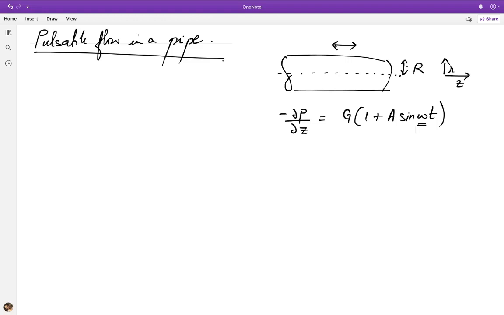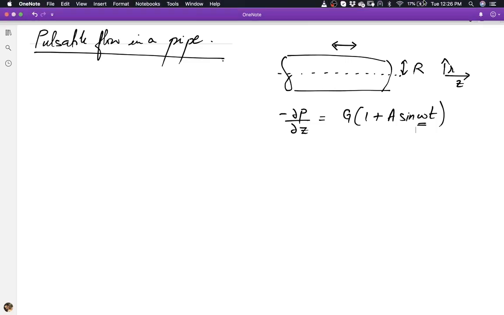Okay, so with those preliminaries out of the way, let us begin by writing down the governing equations, in the simplified form for unidirectional flow in the z direction. So if u is the velocity component in the z direction, the only surviving velocity component, then the equation of continuity will simply tell me that du by dz equals 0, which means the velocity doesn't vary in the z direction, and therefore the pressure gradient complies with that by also not being a function of z. However, the flow is certainly going to be unsteady since the pressure gradient is varying in time.